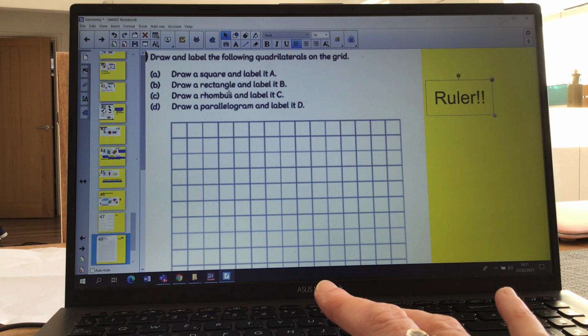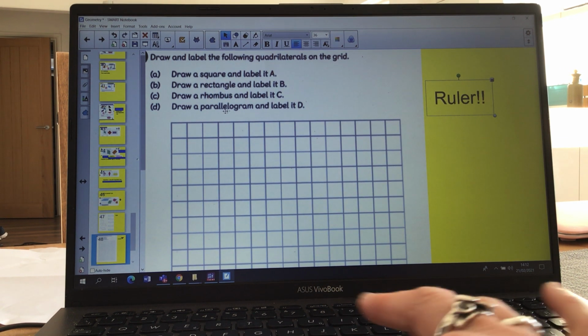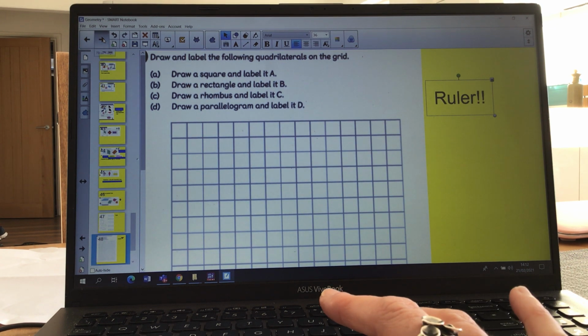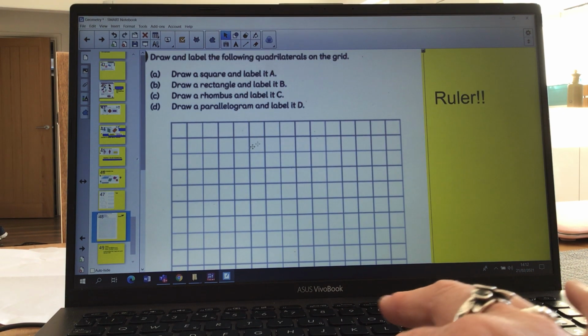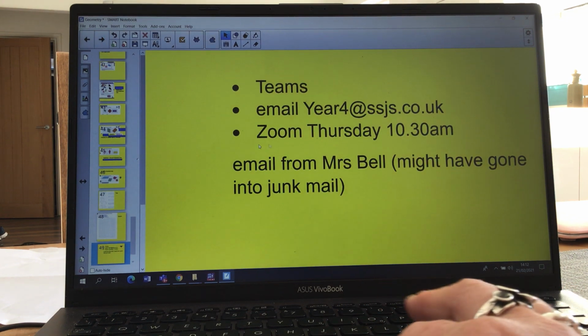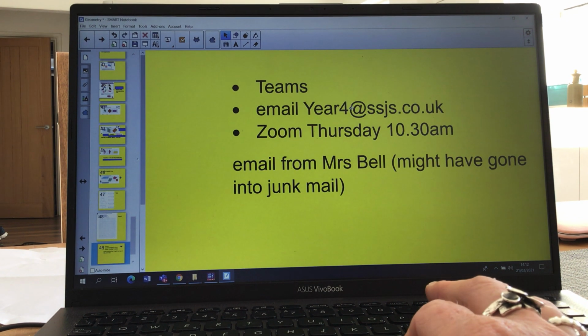It says draw a square, draw a rectangle, a rhombus, and a parallelogram. And I want you to use a ruler for that, children. Okay? If you can't download that or print that off, you could just do that on paper and then upload it via a photograph or send me an email. Those are the ways you can upload your work through Teams or email